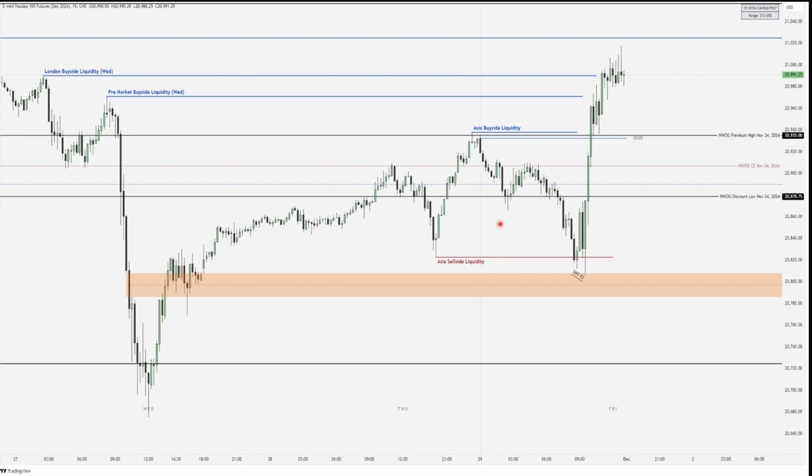But this is the ideal market structure, which will set up a 1 minute market maker buy model, also a 5 minute market maker buy model, but I really looked into the 1 minute here, which is what I predominantly use. I'm just looking for a 50-minute internal to external range liquidity, or external range to internal range liquidity, ideally in the direction of the daily or 4 hour draw on liquidity. So that's A plus